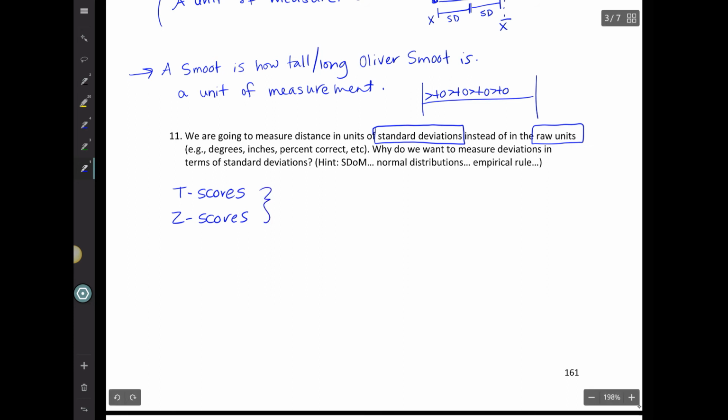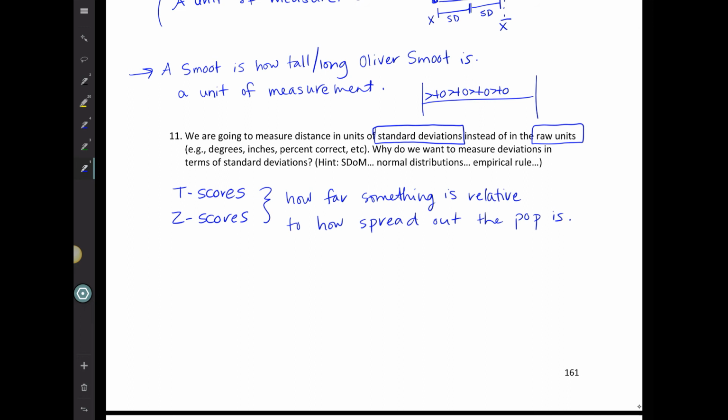These both help us to understand how far something is relative to how spread out the data for the population is, right? So imagine if we had one sample that's like this and one sample that's like this,